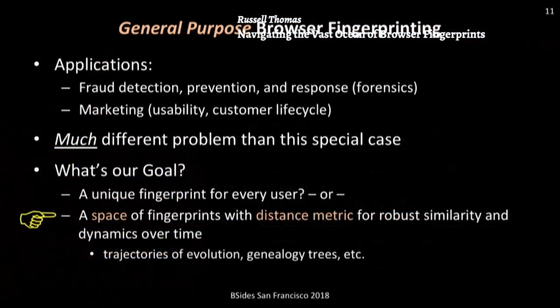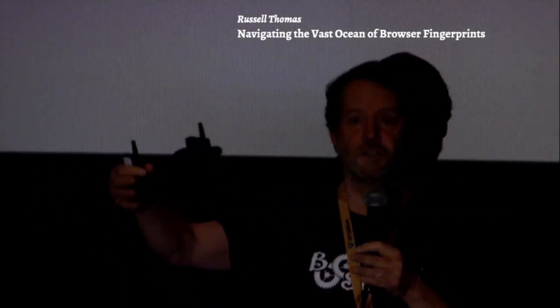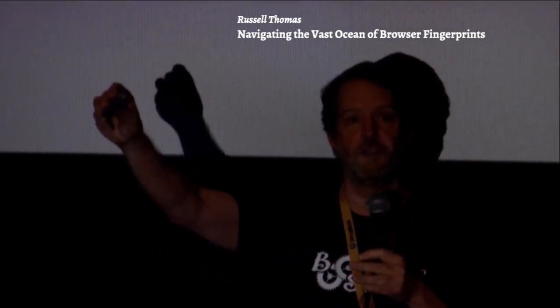But this does not get at the core use case that was driving our need. So what we needed was general purpose fingerprinting, where we could do all the fingerprinting ahead of time and then answer questions related to fraud detection, prevention, response, maybe even marketing type applications, where we would want to know, are we seeing any browsers roughly like the browsers we're seeing here anytime in the past? So the key question is, we need a space of browser fingerprints with some kind of distance metric that we can use in our models that says, give me only the browsers that are somewhat close to this. Or show me all the browser signatures or fingerprints that are close over the last 2 or 3 or 5 years, because I may want to track the trajectory of given users as they upgrade their